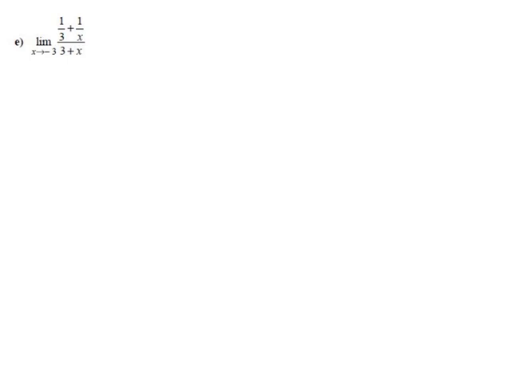Another limit, and what is this thing doing? This does not look like anything we've encountered before, but we can see it's going to have the usual problem. If we put a negative 3 into this, we get 3 plus negative 3, which is 0. So this will come out to something divided by 0, which is undefined. So it doesn't look normal, but it has the normal problem, and we must find a way to clean it